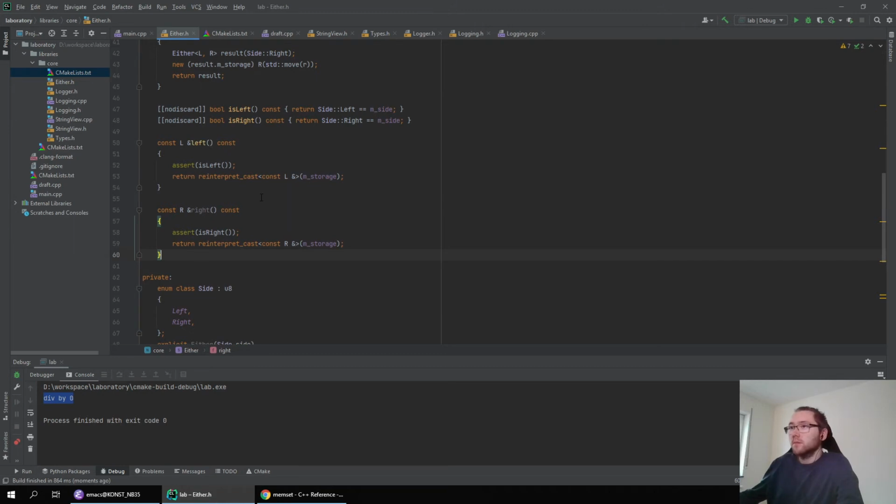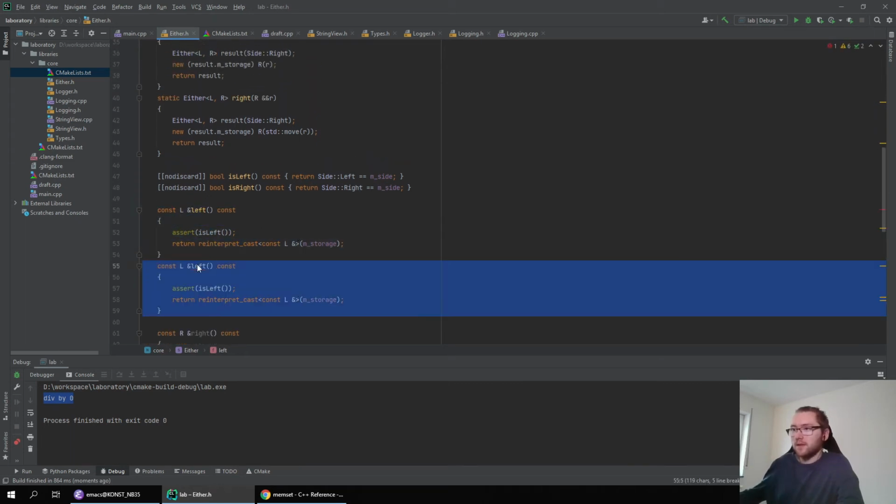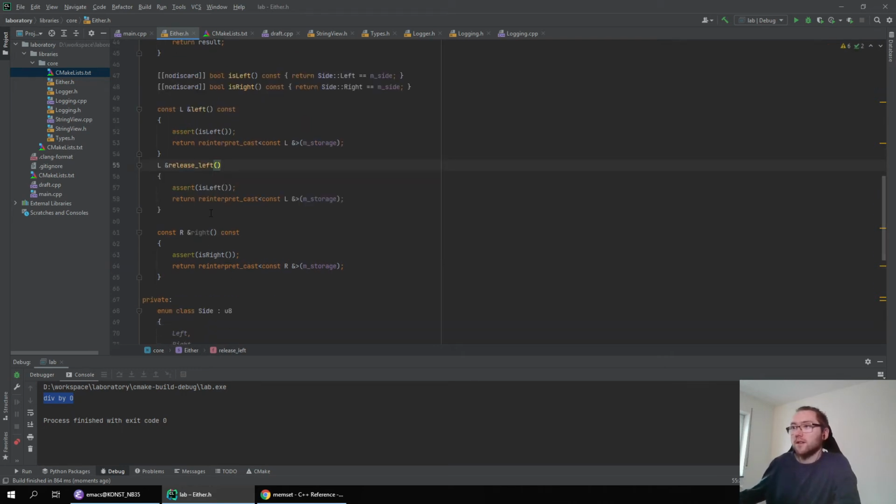But now I also would like a variant of this to move my value out. So can I do it the same way? Let's just call it, I don't know, release left. It also checks if it is left, and then it just casts this to a... maybe let's do it in 2 steps.